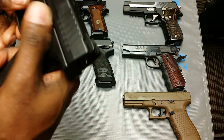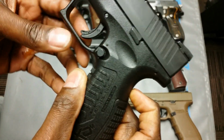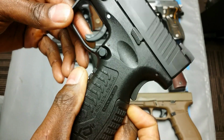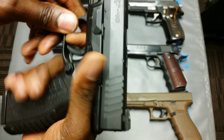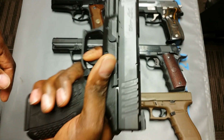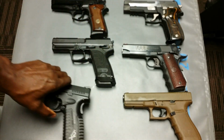Both of those have to be pressed before that trigger will fire the gun. And I'll show you. All right, I just cocked it. I'm going to push that in, but I'm not going to push in the trigger lever, and it won't fire. If I let that one go and I press that one in, it won't fire. So it wants you to have your hand all the way in there before it'll fire the gun. If you're familiar with this guy and you think you're dealing with this guy and you pick up this next one,